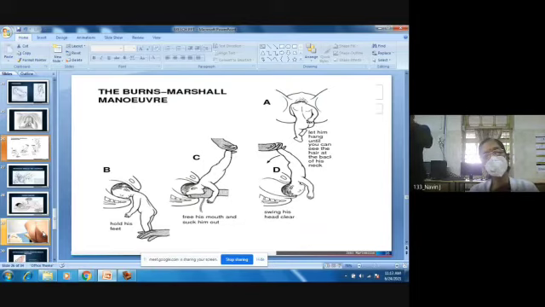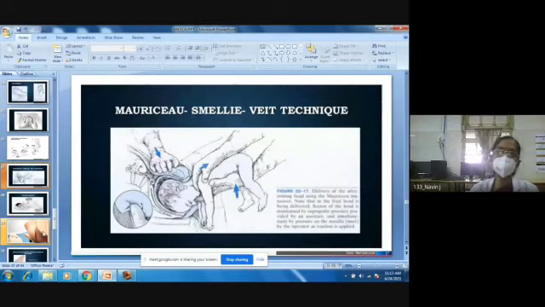Because it's at the edge of the table, you can see the baby's hairline and the nape of the baby's neck. You allow the baby to hang by its weight, and then you grasp the baby's foot and make an arc over the mother's abdomen. So this is how you deliver the baby's after-coming head. This is called the Burns-Marshall technique. And you always have an assistant to give suprapubic pressure to promote flexion of the fetal head. That's absolutely important, right?